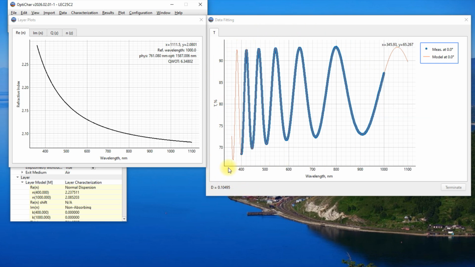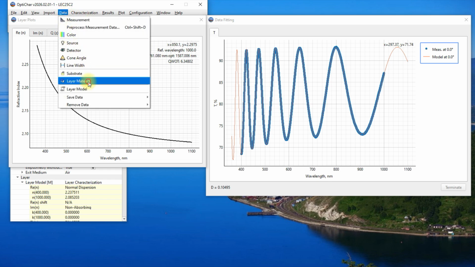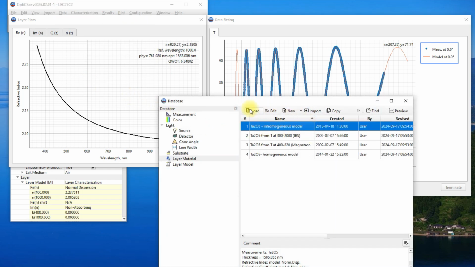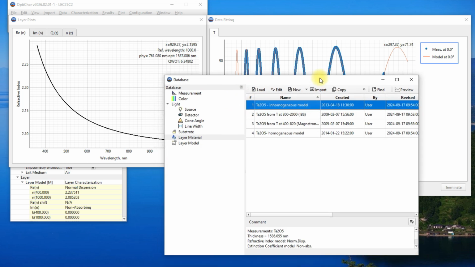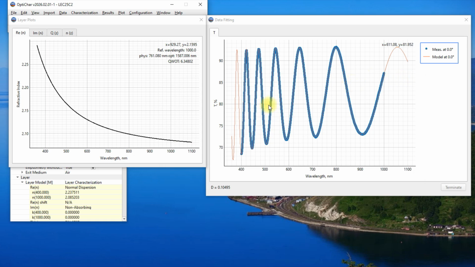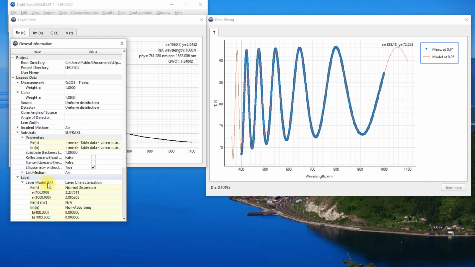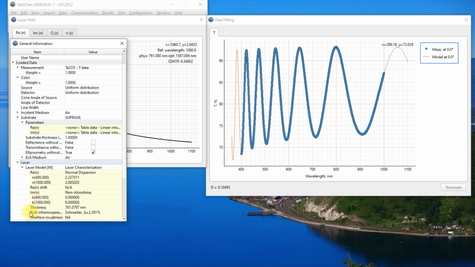The refractive index of the Ta2O5 film found in the frame of the inhomogeneous model is stored in the layer material database under the name Ta2O5, inhomogeneous model. The degree of inhomogeneity is positive, which means that the refractive index increases from the back boundary of the film to the front boundary. First of all, let us compare the refractive indices found within the homogeneous and inhomogeneous film